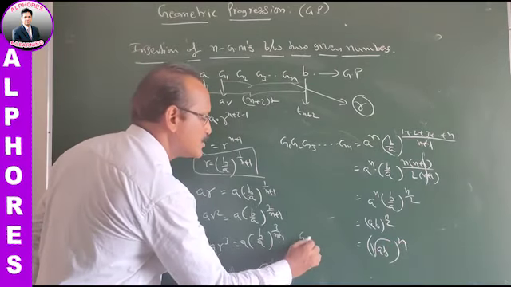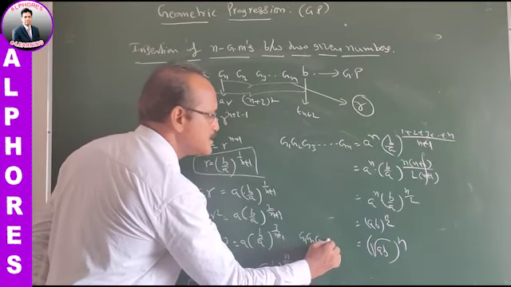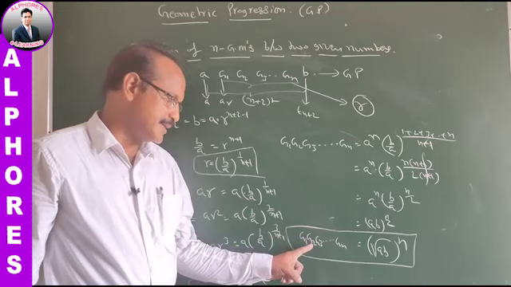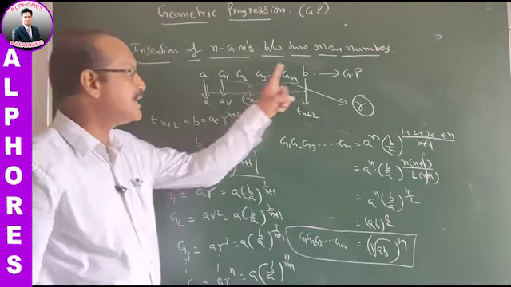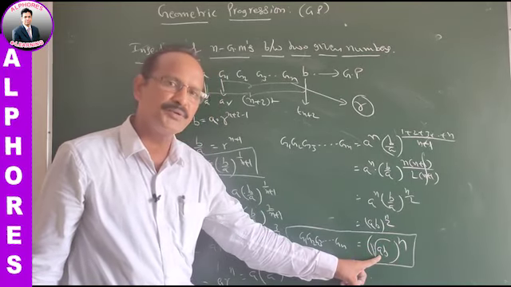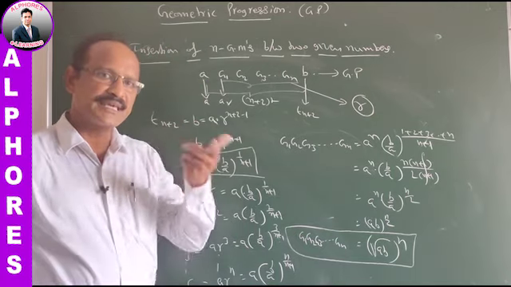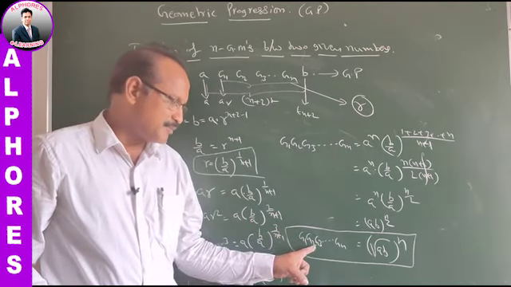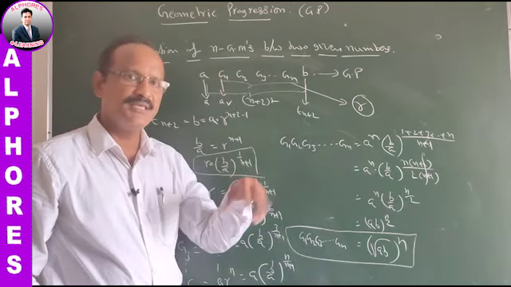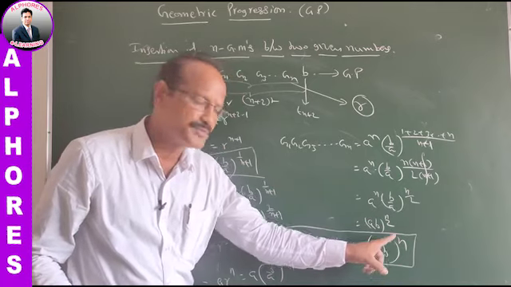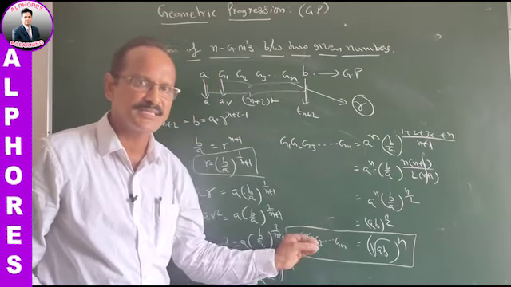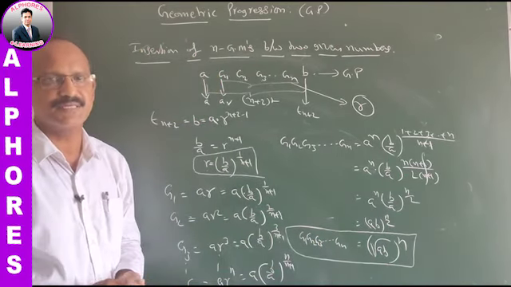So finally we conclude that G1, G2, G3 so on Gn, that is the product of n geometric means between two numbers a and b, is equal to the nth power of the single geometric mean between two numbers a and b. Once again the statement: the product of n geometric means between two numbers a and b is equal to the nth power of the single geometric mean. This is the single geometric mean between two numbers. So it's a standard result in geometric means.